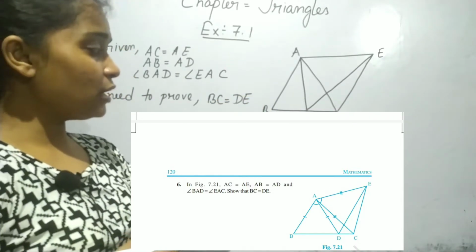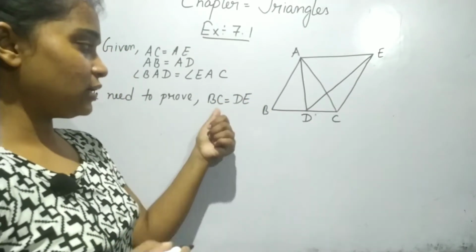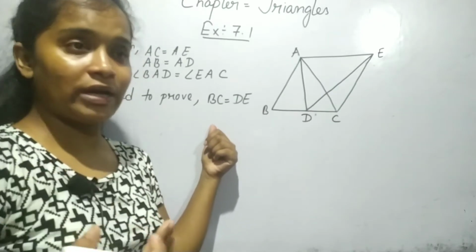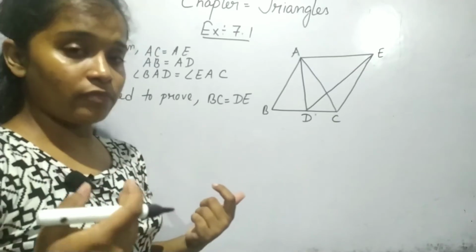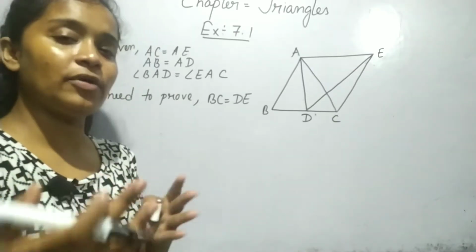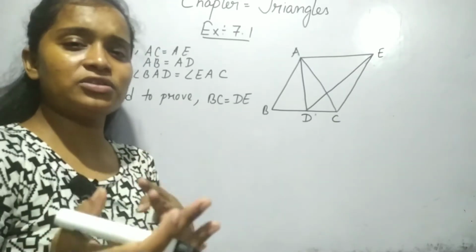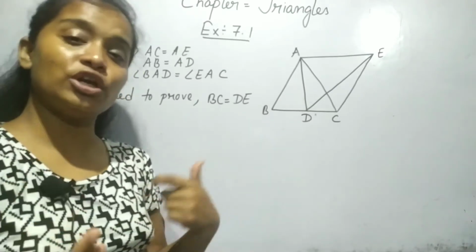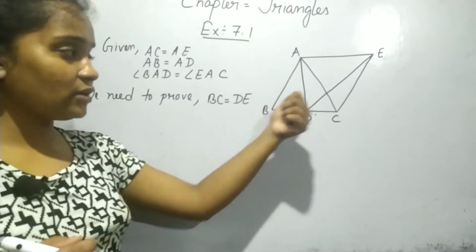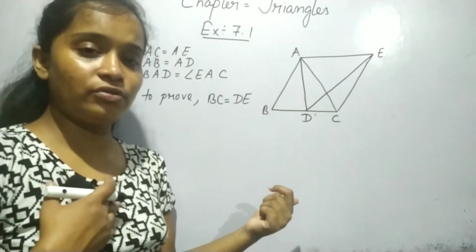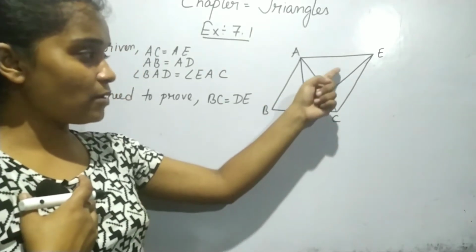Then what you have to do, you know first that we show two sides or two angles equal by showing congruency. Two triangles you need to take and show that they are congruent, and then you can show that the sides are also equal because they are in those triangles. But how can I decide which triangles I need to take, because there are so many triangles?